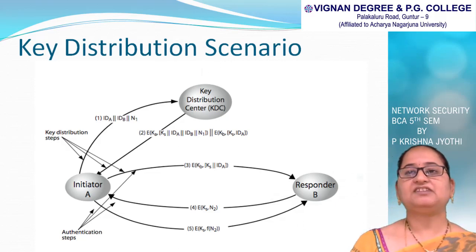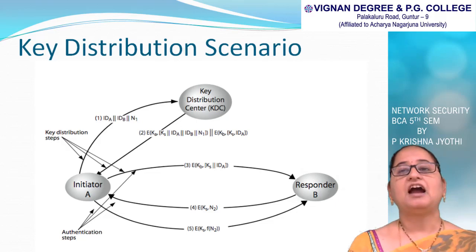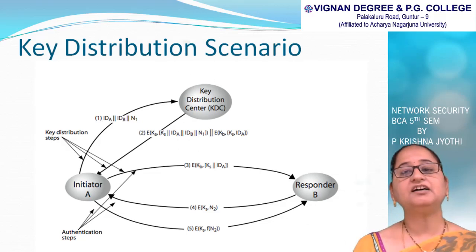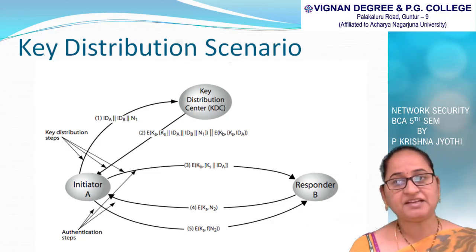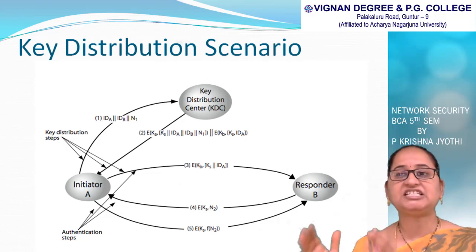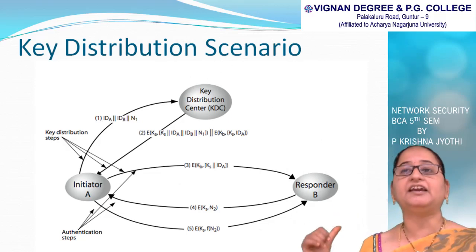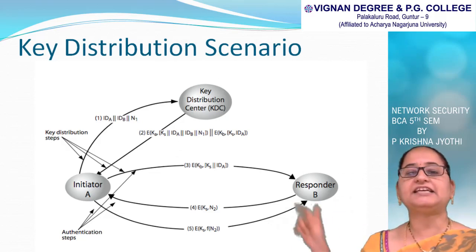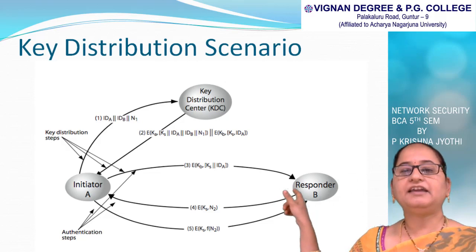So A places a request: I'm identifier A, I'm identifier B, and the timestamp. After that, it encrypts the message with A's placed message and the session key, which